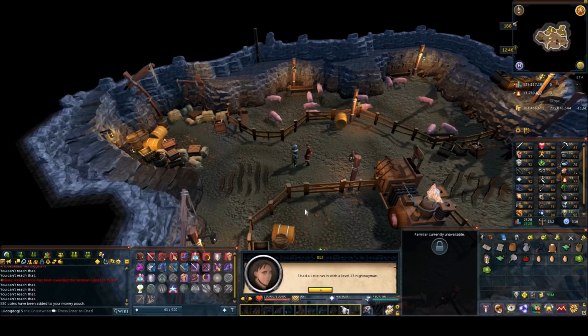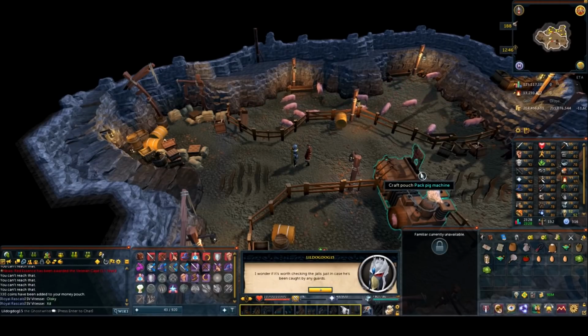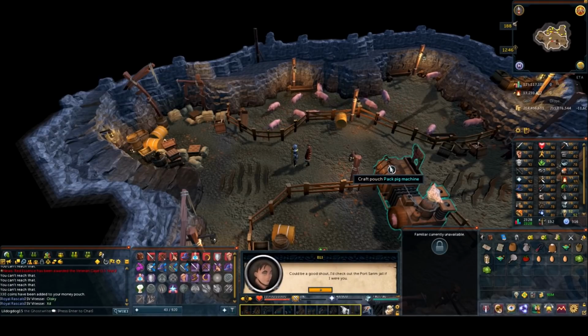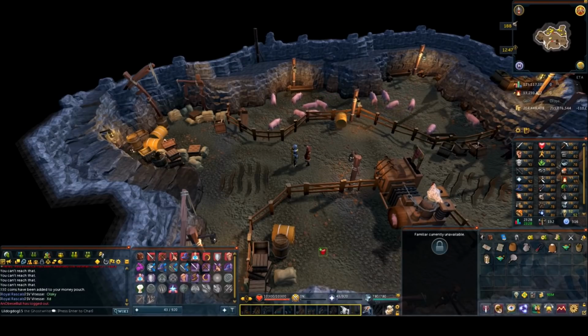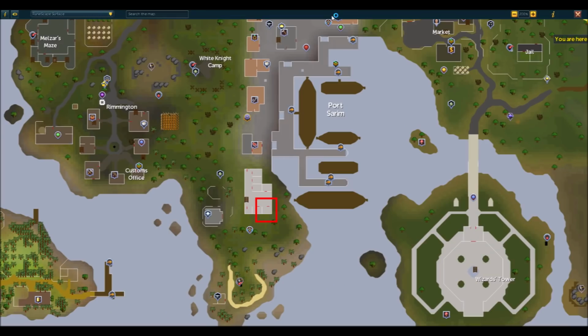And you're like, seriously, dude? We agreed. And he's like, yeah, but the highwayman's probably just in jail somewhere. You can go get it from him. The map that I'm supposed to give you to find your dragon. So you take a deep breath, and you have to go to the Port Sarim jail,